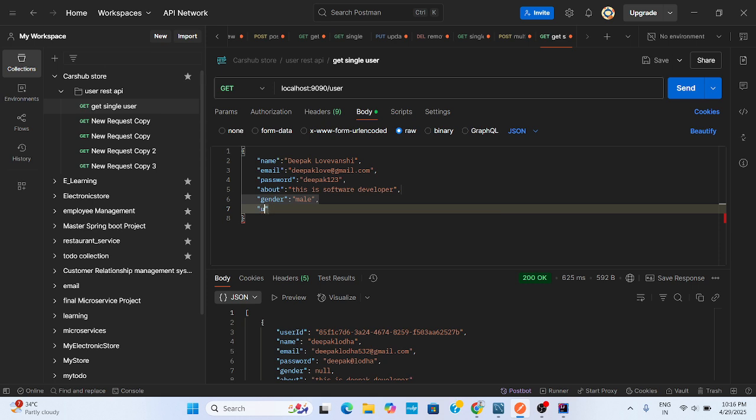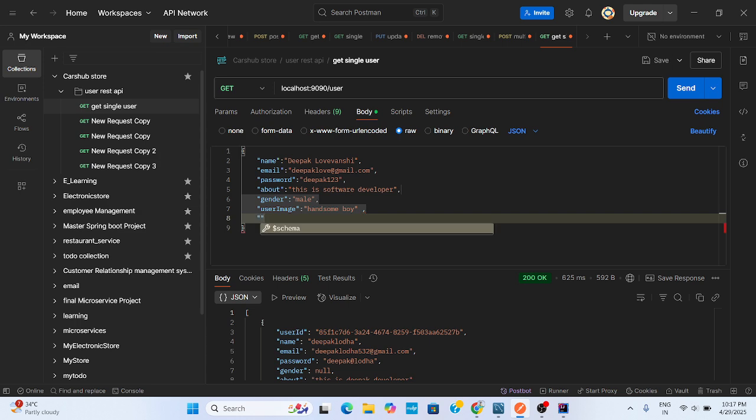Okay, the user image, some boy image. User ID we will not give.